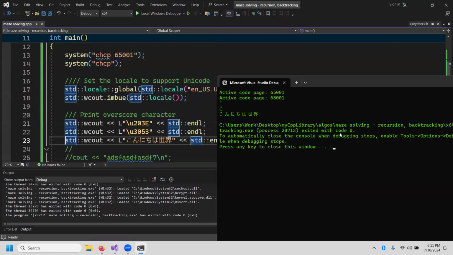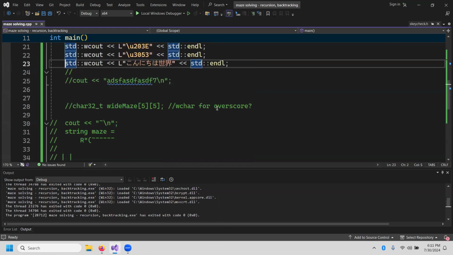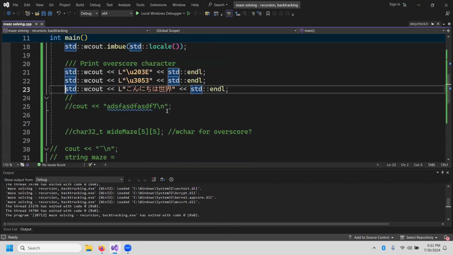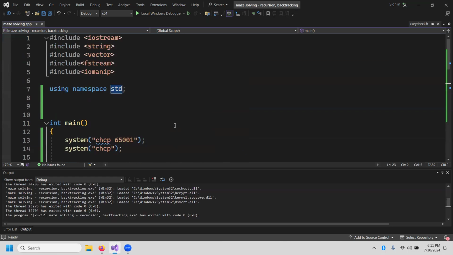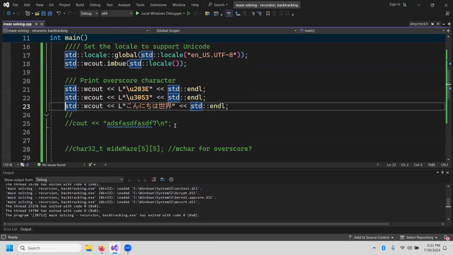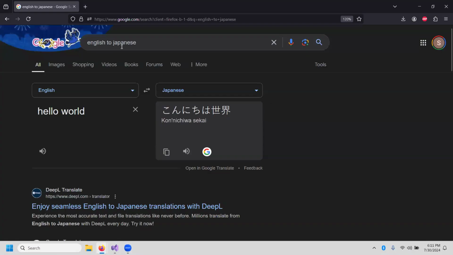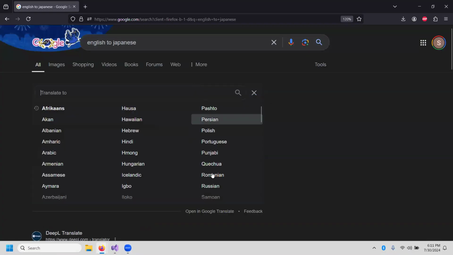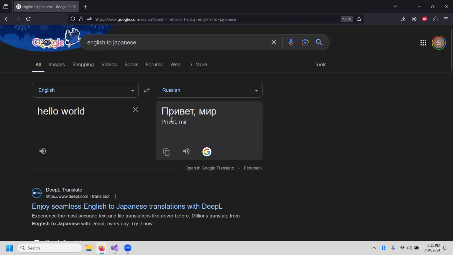Okay, so I got into some detail I didn't intend to get into, but that's a decent exposure to how to write in the terminal, write characters from other languages. Maybe we look up Russian. Привет, мир. And we copy this